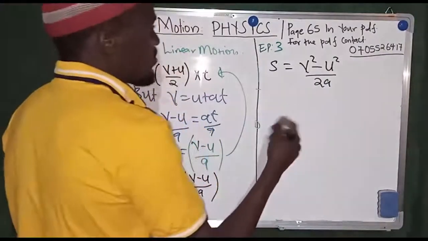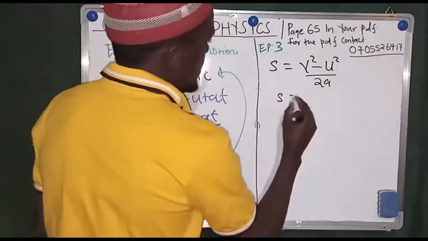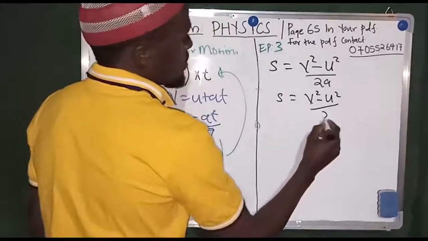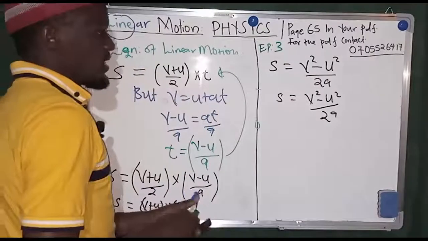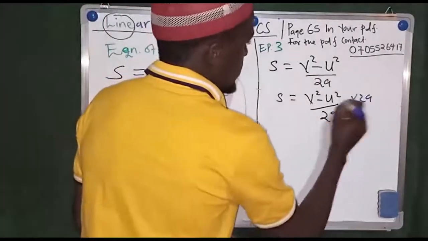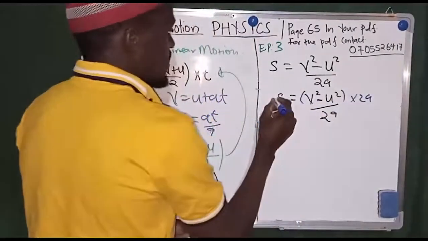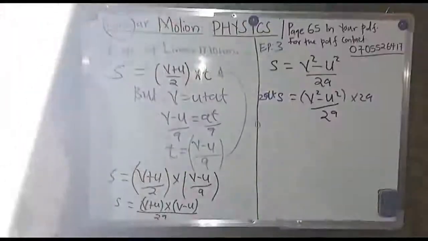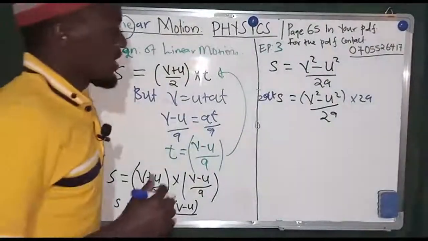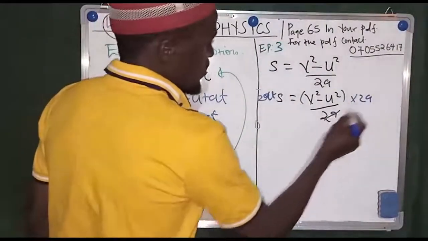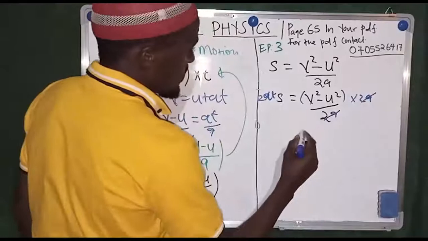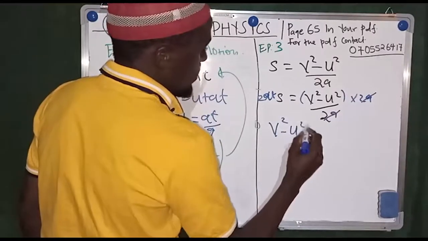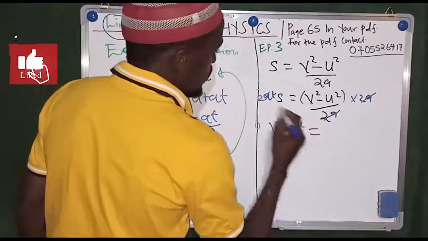Now what is the next step? Next step is multiplying. So our s is equal to v squared minus u squared, then divided by 2a, then you multiply the 2a this side, and you multiply the 2a that side. Now, what do you get? This will cancel with that, and this side you'll be having v squared minus u squared. Since this is gone, it will be equal to